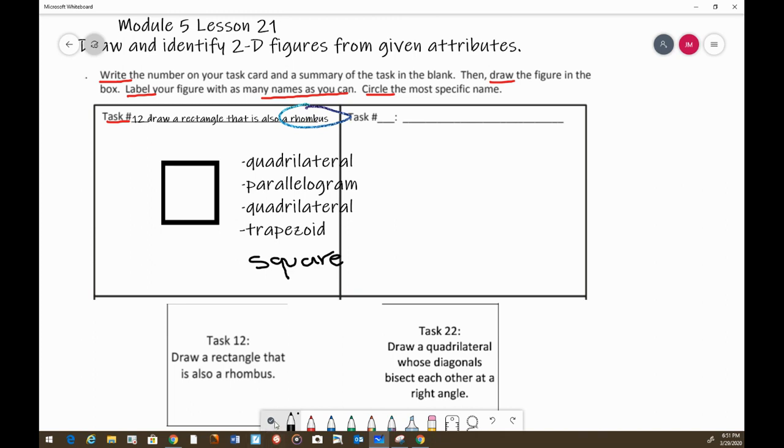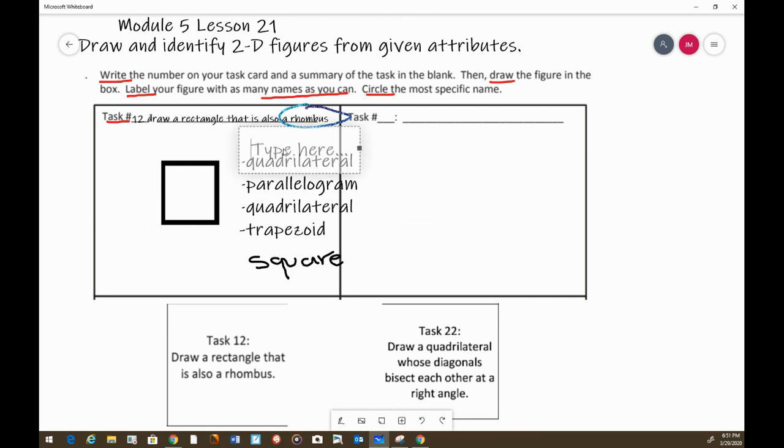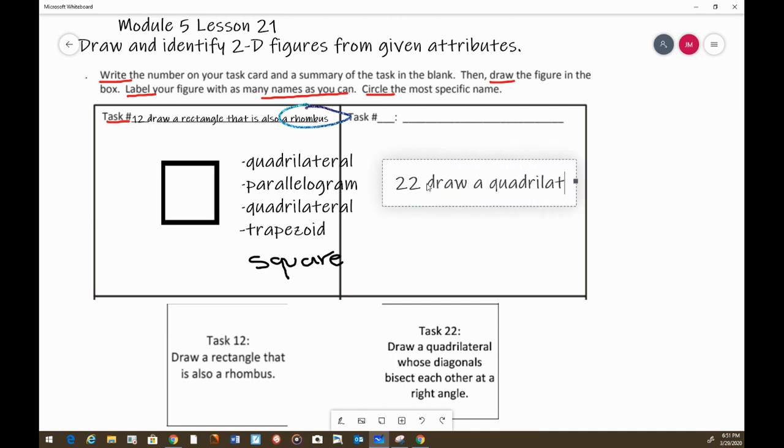Let's practice one more with this one right here, task number 22. And let's write the information down because it says write the number on your task card and a summary of the task in the blank. So let's just do that right now. Let me see. It says 22, draw a quadrilateral whose